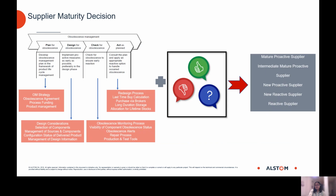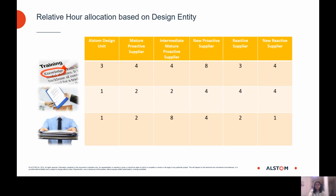Once this maturity of the supplier is assigned, we try to allocate relative hours with respect to the individual tasks that we have in support of this supplier obsolescence management program. For example, the first step is to proceed with the training activities. When we decide on a supplier, we try to get into a preliminary discussion with them to understand whether we are in the same line or at the same pace and their understanding is the same as Alstom's. If not, we have to undergo a training or a preliminary discussion, a couple of meetings to be at the same